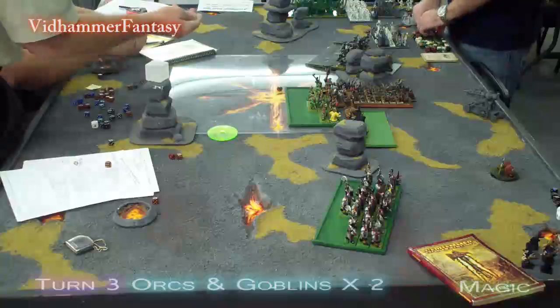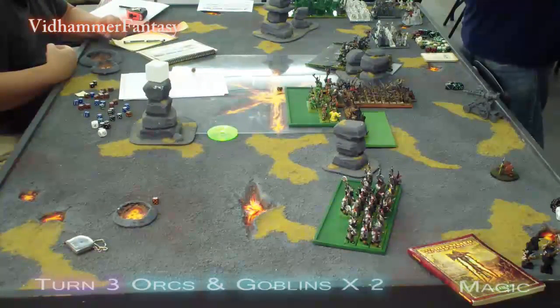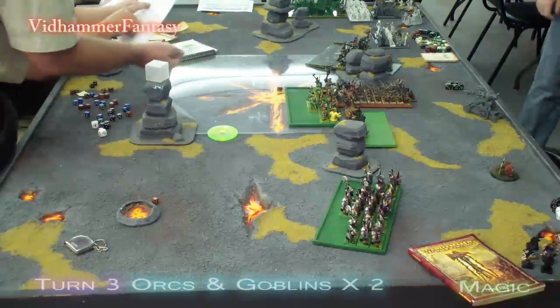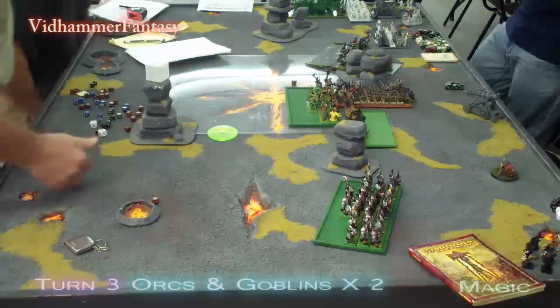Magic is 9 against 5. They use 2 dice to attempt the Night Goblin's Gift of the Spider God on the upper Savage Orcs, but the spell fails. Then they use 6 more for Edbutt, but without Irresistible Force, it gets dispelled with Ketep's Scroll,